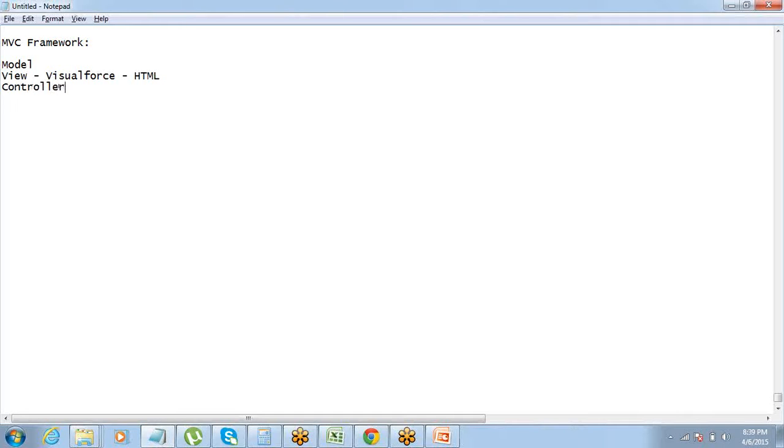So for the view part, or for designing the interfaces, or for controlling the look and feel of the interface, Visualforce is used, right? So Visualforce is more like a markup language which will control the look and feel of the interface.